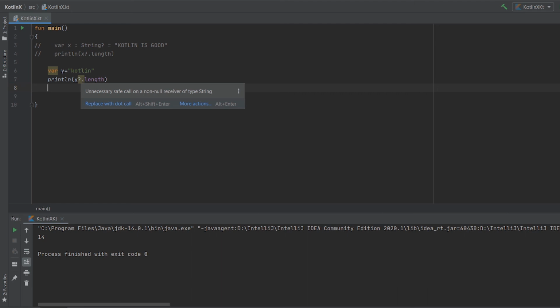However, if your variable definitely contains a value, then there is no need to check, which means that we can safely remove the question mark and directly print this value, which will give us the value 6. And that is the safe call operator in Kotlin.